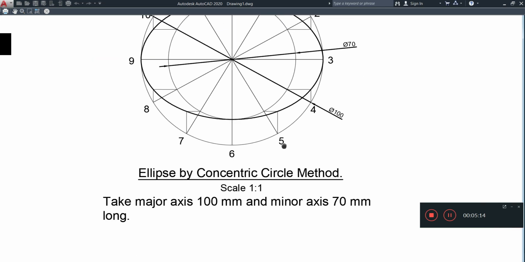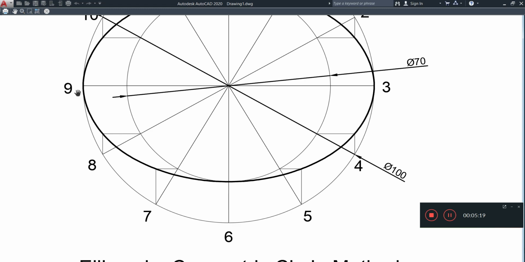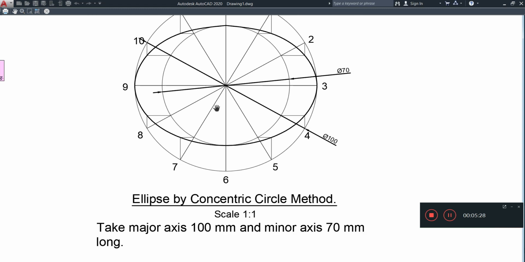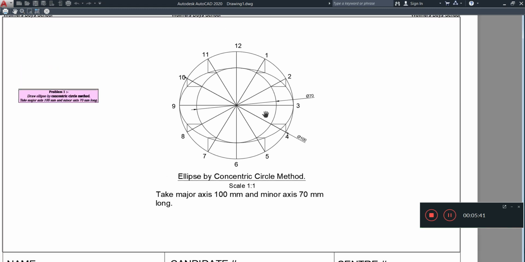As you can see, the ellipse is the main subject of your drawing, and it's the reason why it is extremely bold. Alright, in terms of like your dimension line, this could be a little thinner. Alright, so everything here is based on the level of importance. Construction lines, they're to assist you, and it's the reason why they're not popping out at us. The ellipse is the main subject of your drawing. Alright, so this is the drawing, and this video will be titled How to Draw an Ellipse using Concentric Circle Method